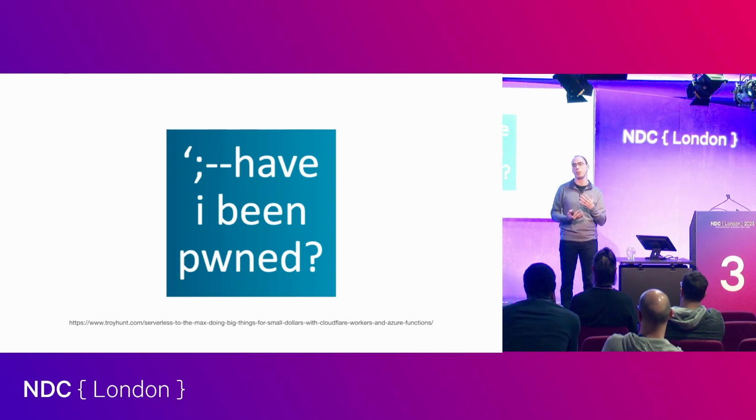He talks about how he's composed Azure Functions with Cloudflare specifically and caching, using their clever caching system to run Have I Been Pwned for like a few bucks a month. It's crazy. So some great things that you can do. There's also another article later in here about how he got bit by huge cloud costs that came out of nowhere.